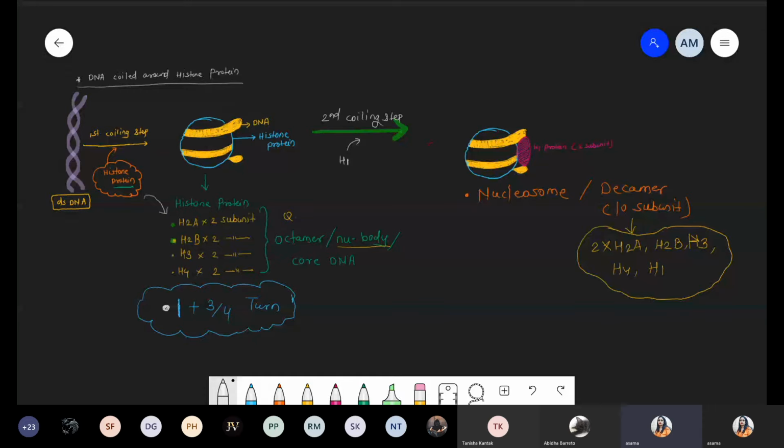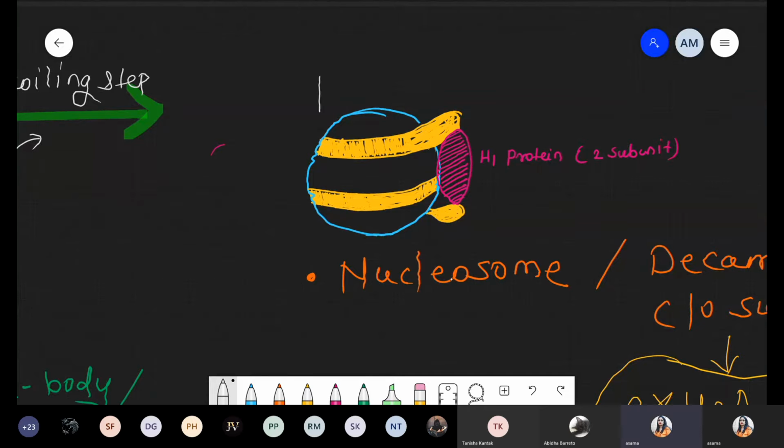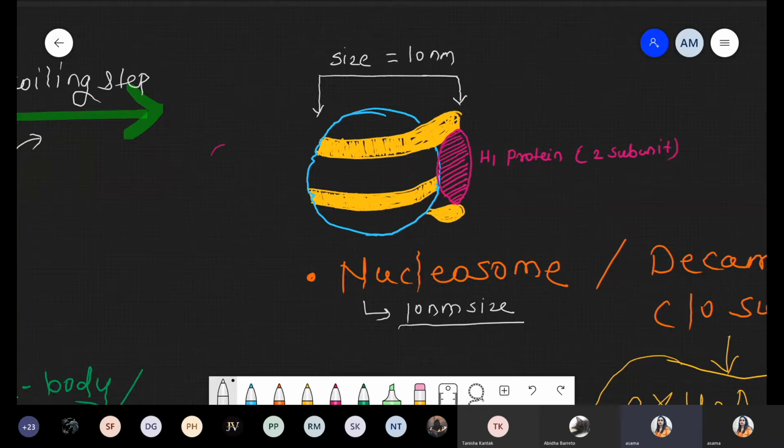And now there is one simple information. If you are talking about what is the diameter or simply what is the size of that nucleosome, from here to here, this one, okay? We are talking about this one, means entire structure, including H1. So these are the size. So what is the size? So the size of this nucleosome is 10 nanometer. Got it? So you can write down here the size of nucleosome, that is 10 nanometer. So just quickly check. Nucleosome means we are talking about decamer histone protein with DNA.